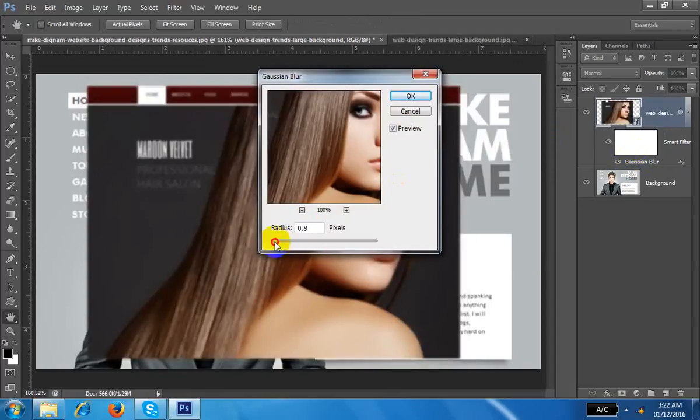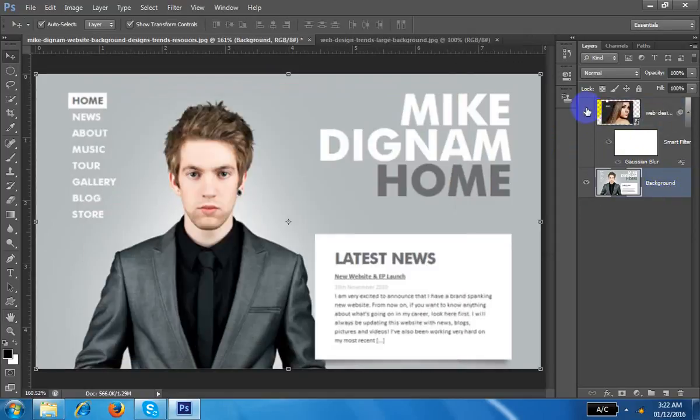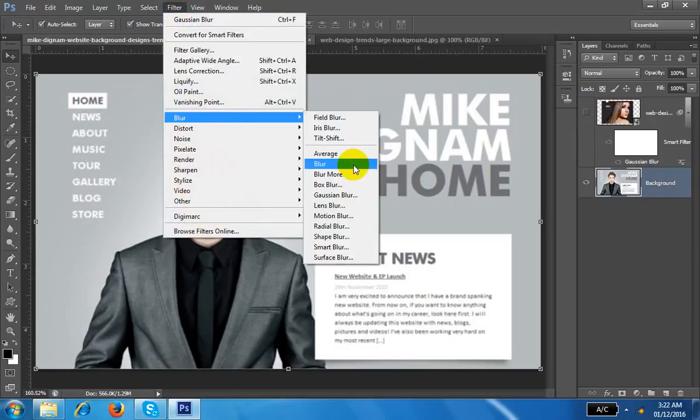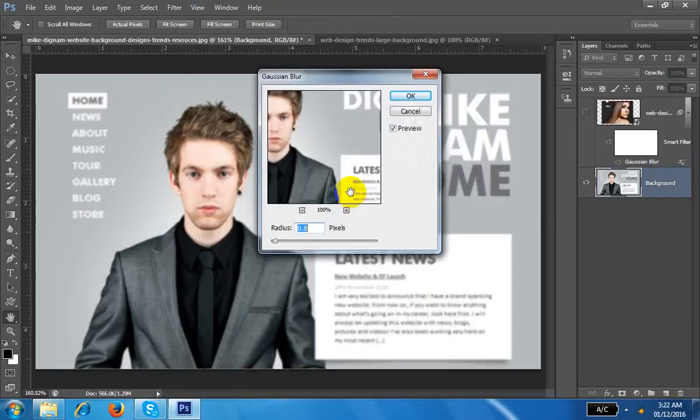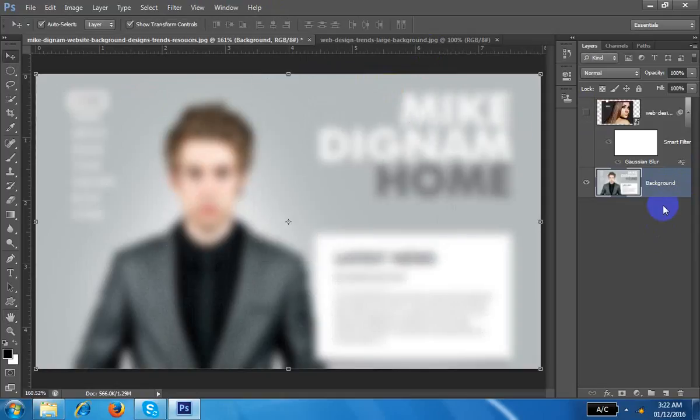If you want to change it again, you can change it. I can do it in this image right now. I can do the same thing in this object, but this is not a smart object. This is a simple image. I can go to the filter, go to the blur, go to the Gaussian blur, and make it blur. But suppose after some time I want to change this blur, is that possible? No, because there is no layer.